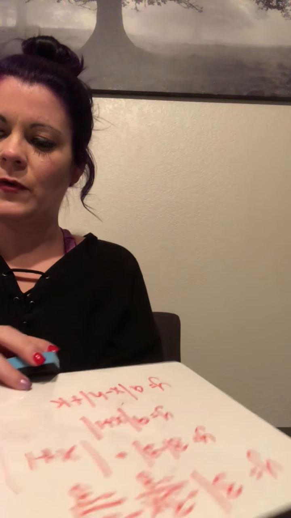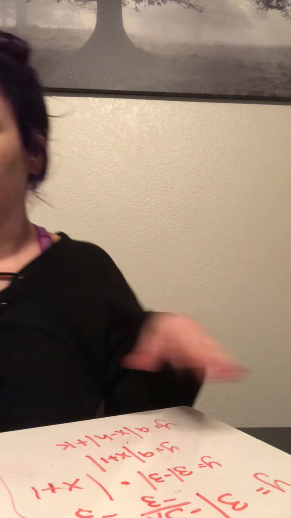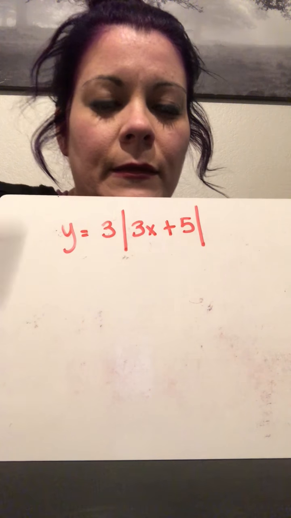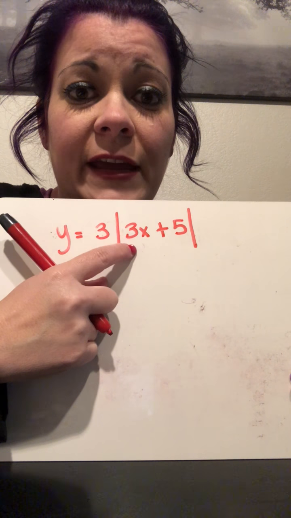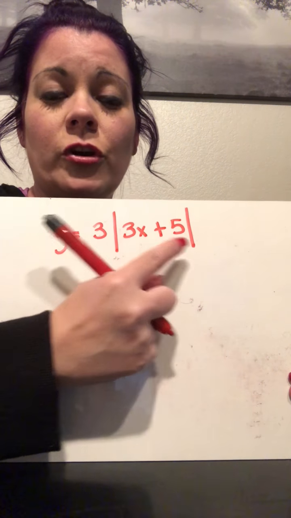Okay, let's do one more. I got to make it up on the spot because I don't have it in my notes. So it's okay. So y equals 3 times the absolute value of 3x plus 5. So if we have this, we need to take out a 3 because we need this coefficient to be 1. So we're going to divide both terms in the